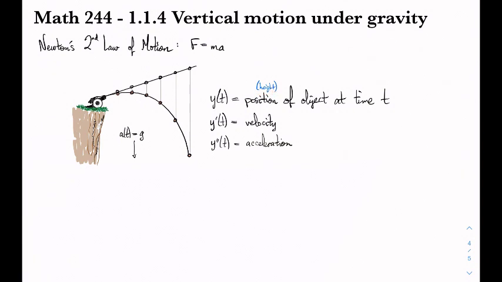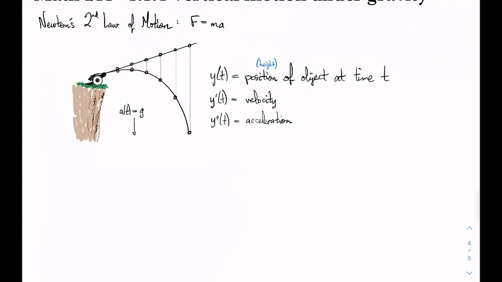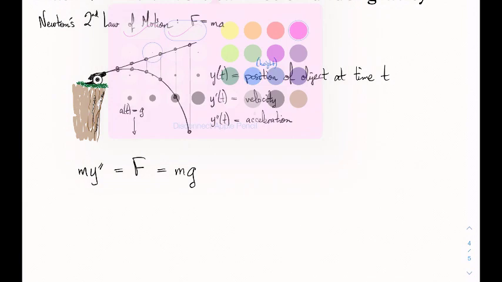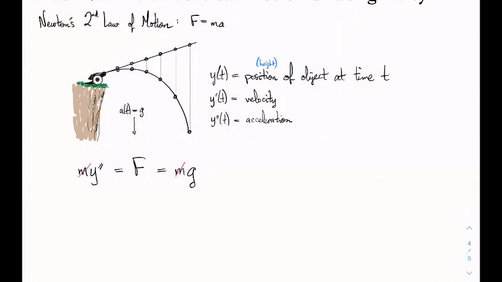Then the first derivative of position with respect to time is velocity, so y prime will be velocity. And the second derivative, the rate of change of velocity, is acceleration. So let's take a look at what we've got then. So now we've got that m times acceleration is going to be the force, but the force is going to be mass times gravity because gravity is constant. And so we can just cancel off those m's, and we're looking at y double prime equals